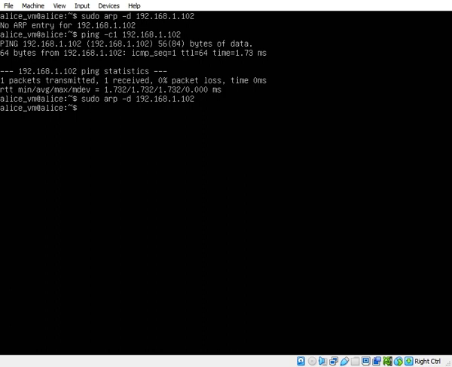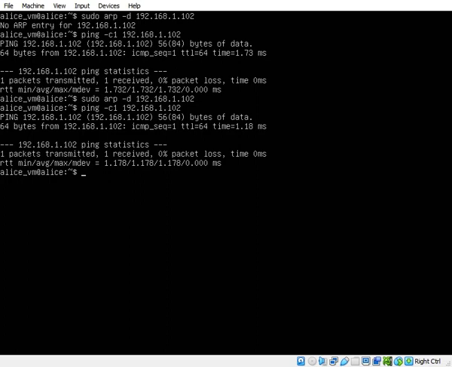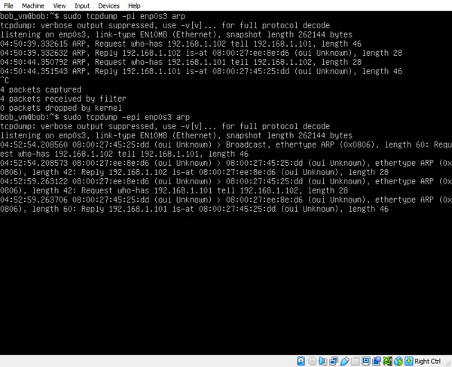And now back to Alice's virtual machine. We will resend a single ICMP echo request to Bob by pinging the virtual machine once again. We can see it's listening in, and you can see the requests and the replies between Alice and Bob. We got a decent amount of requests and replies, so we can just quit tcpdump